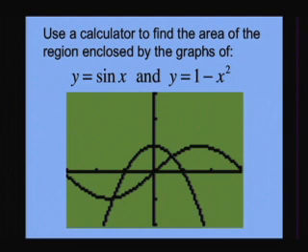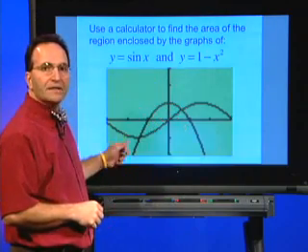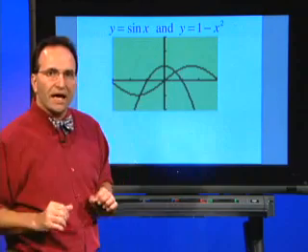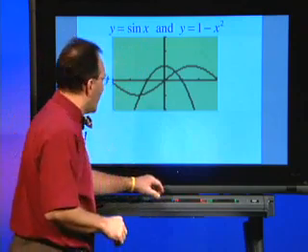So we're going to use the calculator because we need the calculator to find the x value at this point of intersection, and we need it to find this x value for this point of intersection. And of course, you should now see that what we're finding is the area of this region right here. Let me switch to another screen here and let's see what the calculator gives us as answers. We plug in those two, we ask it to find the points of intersection,